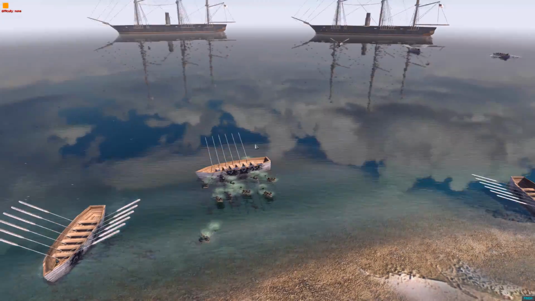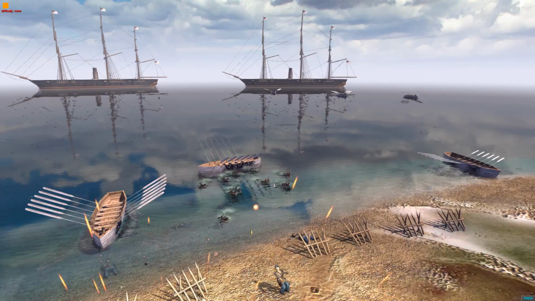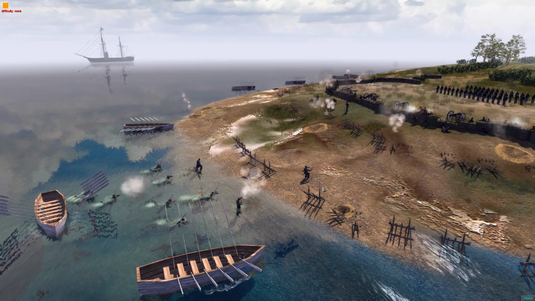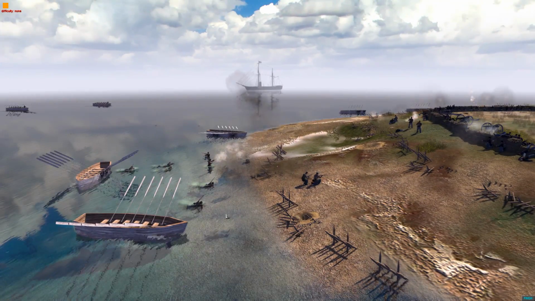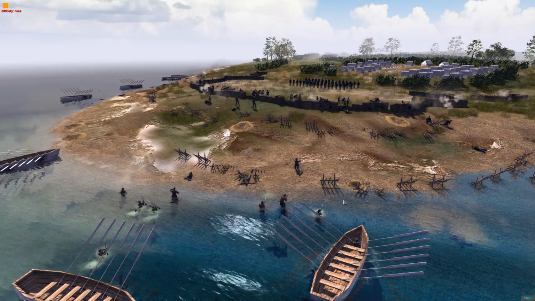This boat was disabled, I can tell. It's taken a lot of shots of various caliber, so the infantry is forced to swim ashore. I think they might even have to reload. I've seen some having to reload after they've swum, but they're actually keeping their muskets above the water, which is really clever, which means they don't have to reload them. Get rid of the wet